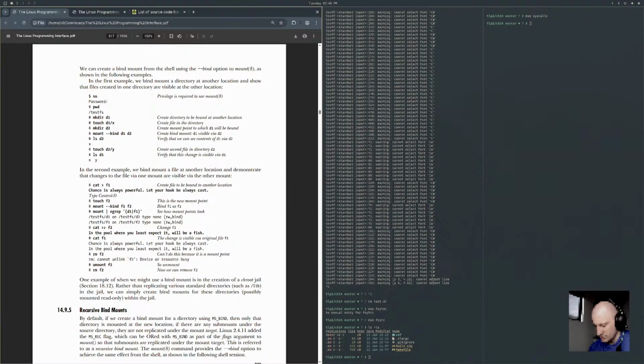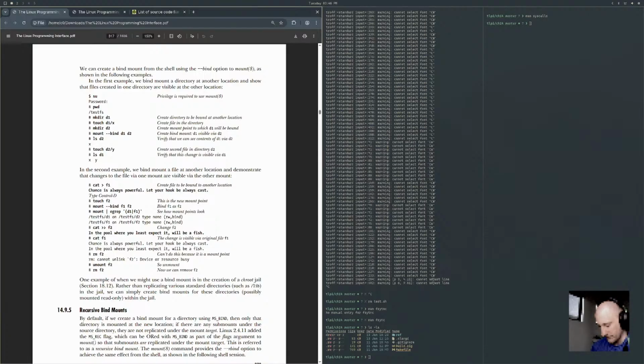Why D1? Is that because of the old directory? Yeah, okay. And then we cat a bunch of stuff to append onto F2. And then we cat F1 and we see that it shows up there.